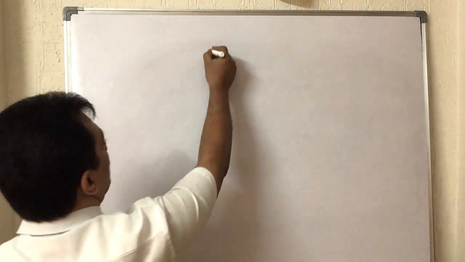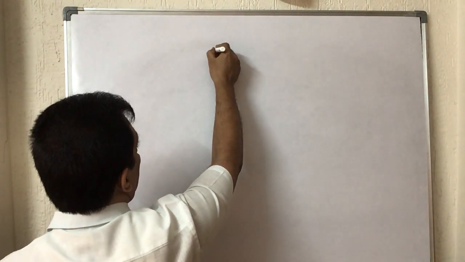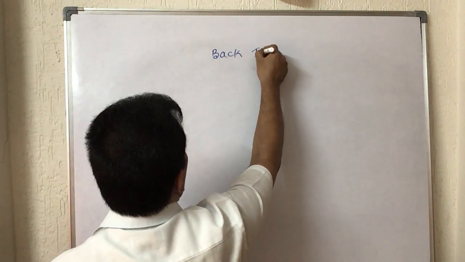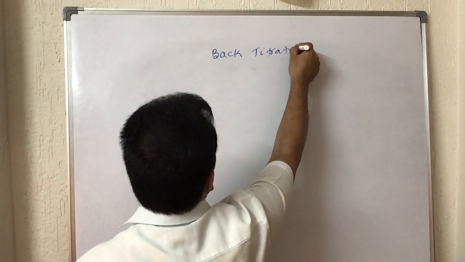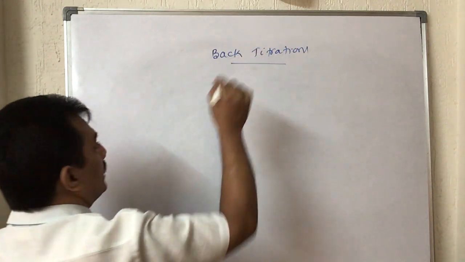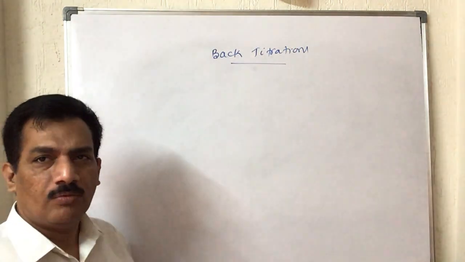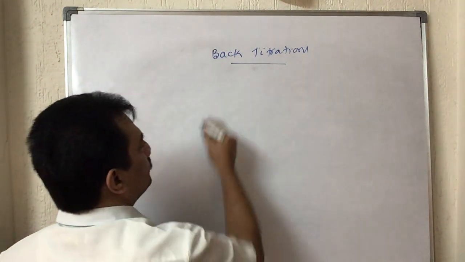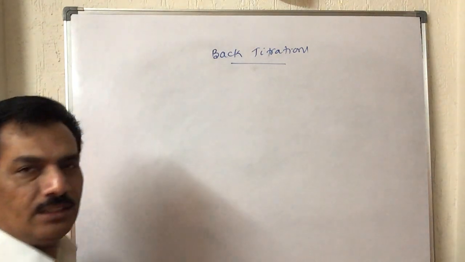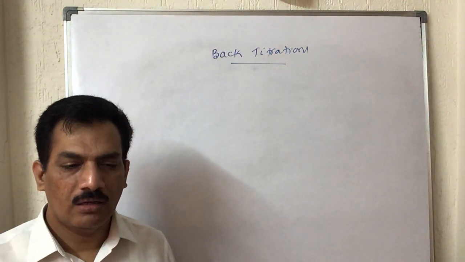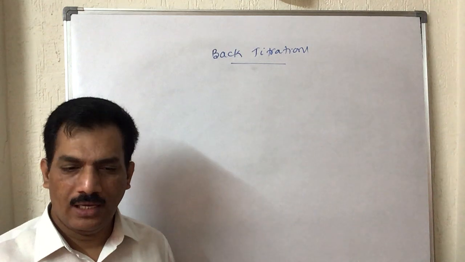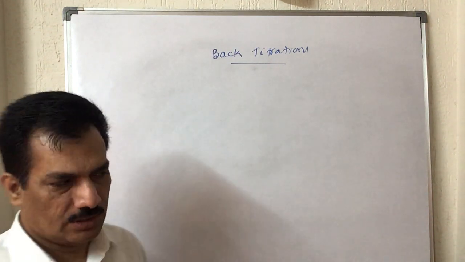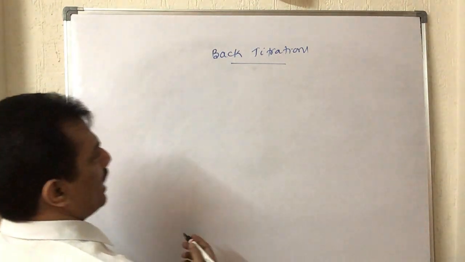It is not double titration, it is back titration. The last one is back titration. In the previous session we discussed double titration, but here we are concluding the titration part with back titration. Back titration itself indicates that once we titrate a substance, we then again bring it back. Let me explain the meaning of back titration.